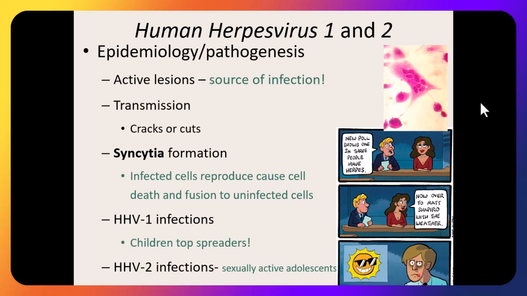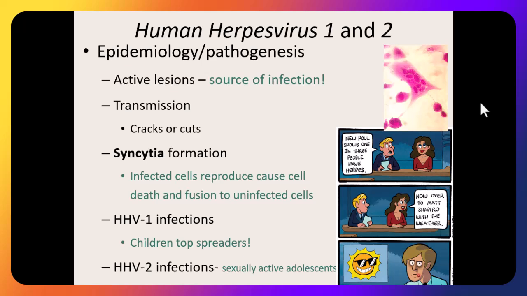Now, again, those active lesions are how it's spread. That's the source of infection. So if someone has an active cold sore, don't kiss them, don't share chapstick with them, because that's where you'd pick it up. That virus has to get into some opening, usually some type of cut, some type of abrasion. Once it gets in the body,